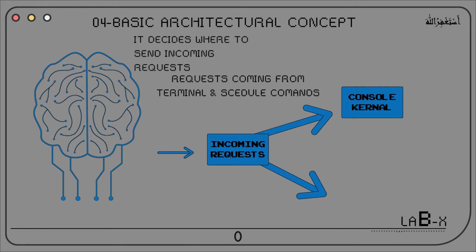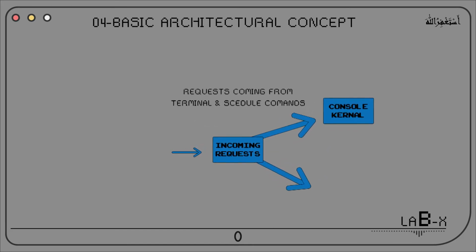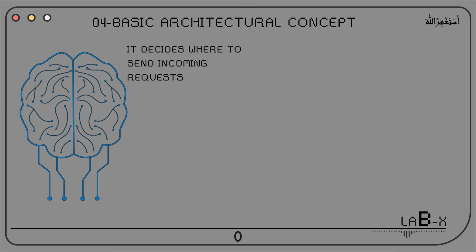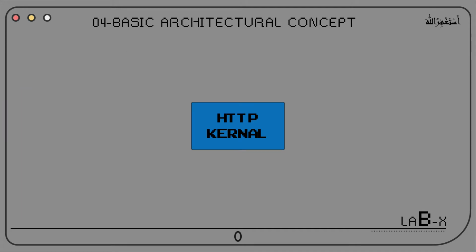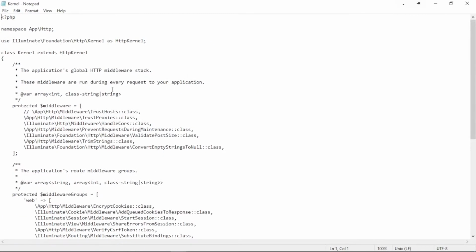After loading all installed system files, an incoming request is sent to the kernel, where all commands coming from the terminal are sent to the console kernel. Mostly these are scheduled commands. It's our new Laravel application, so for now nothing happens with it. But all requests coming from an HTTP address must pass through the HTTP kernel. Programmer friends, the HTTP kernel handles requests by the Bootstrap, which has all the Laravel system definitions. So once, when the Laravel application starts, it checks all the details for error handling, configuration, logs and detects the whole application environment that needs to be handled by any request.